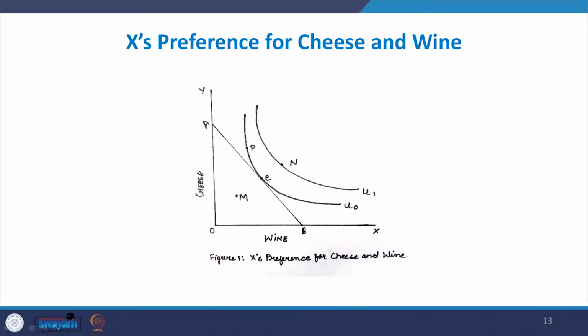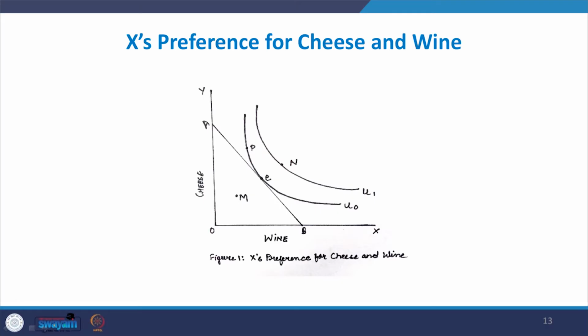But before discussing the Edgeworth box, let me first take X's preference for two products, cheese and wine, and here we take indifference curves U0 and U1 for person X. Similarly, you can also draw U0, U1 for person Y,